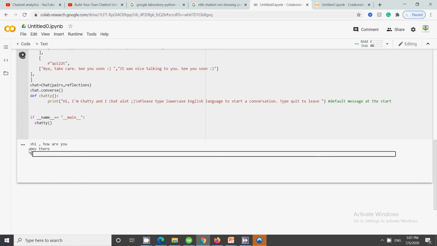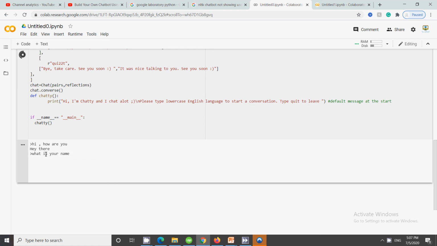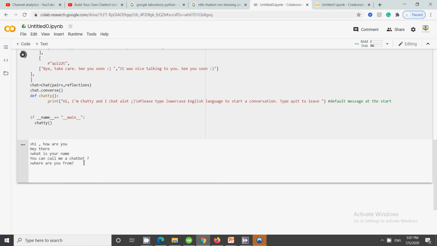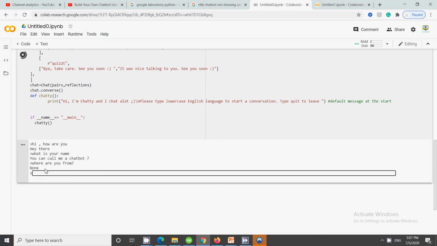This is the response from the chatbot. Then, what is your name? You can call me chatbot. Where are you from? You can see whatever pairing we have done, we are getting the response from the chatbot.